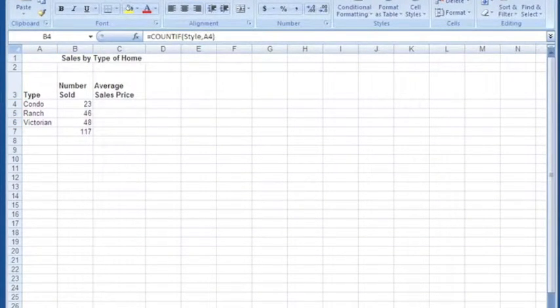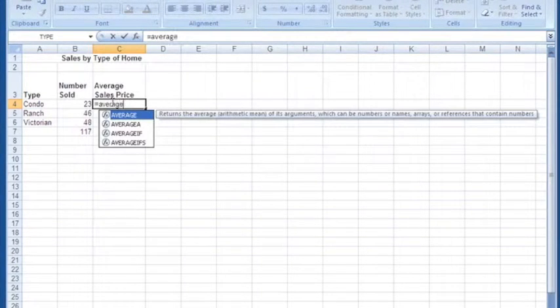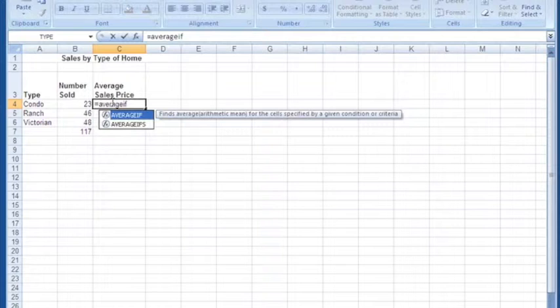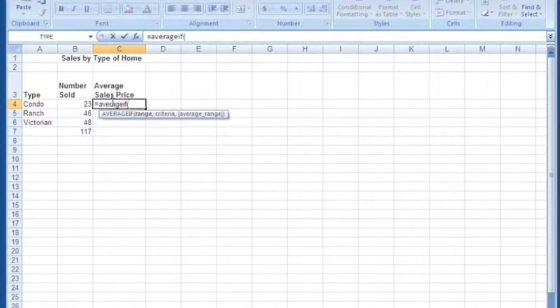So at the end of the previous video, we had just totaled the numbers sold for homes. And the next thing we are asked to do is create the average price. And this will also be a conditional if. This particular statement will be an average if statement. So we're going to type in equal average if, and you can see the help starts popping up for you. And what we're going to say here, once again, we have our range names, so we're going to say style, and we want it if it is the same as a condo, and we want it to average the sales